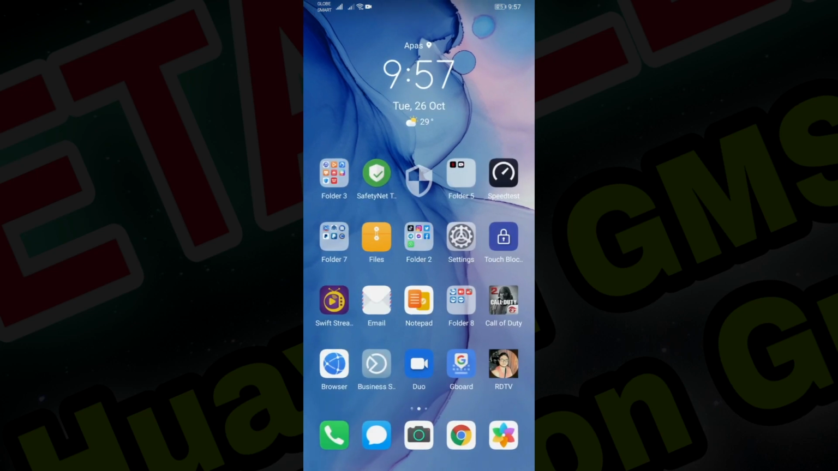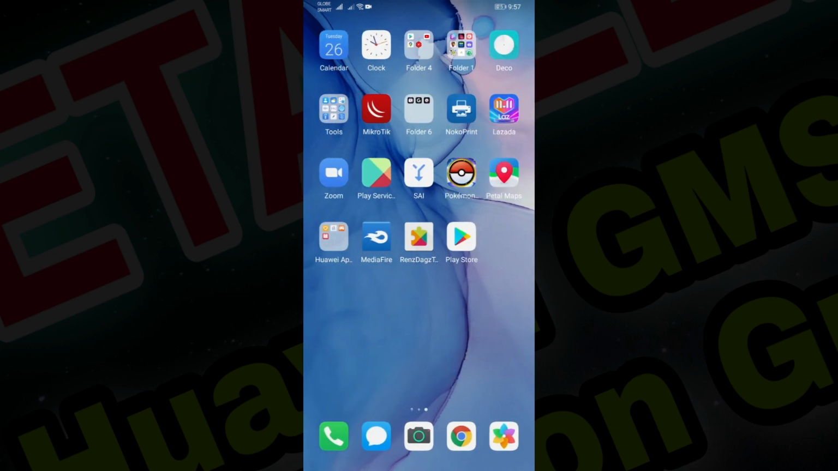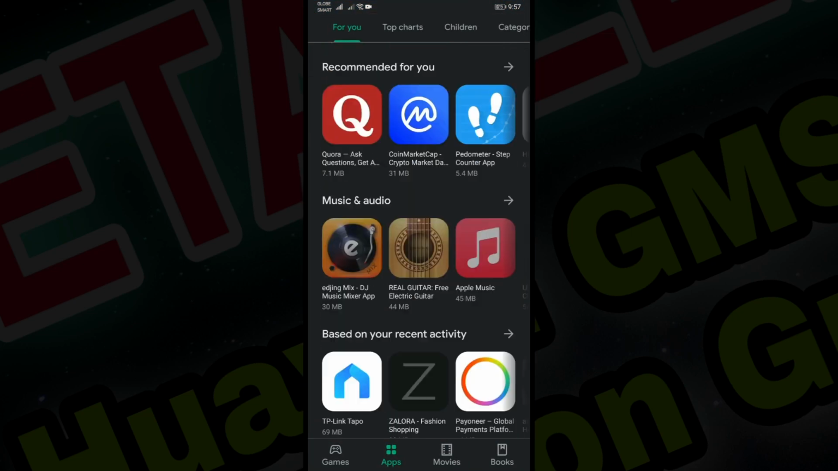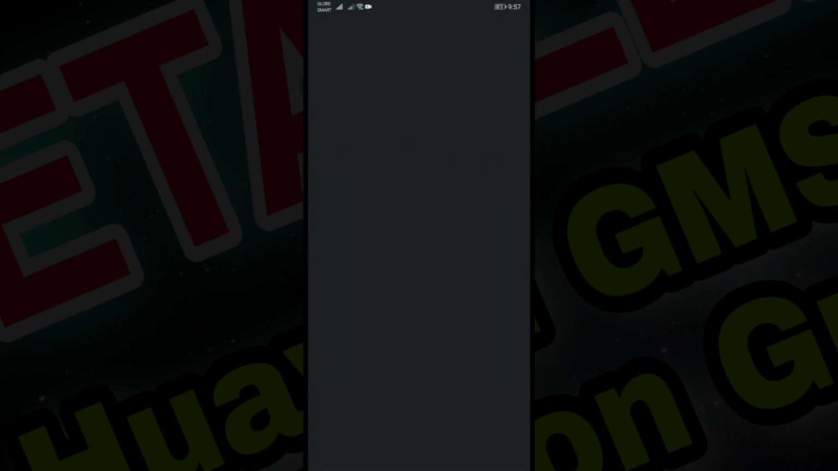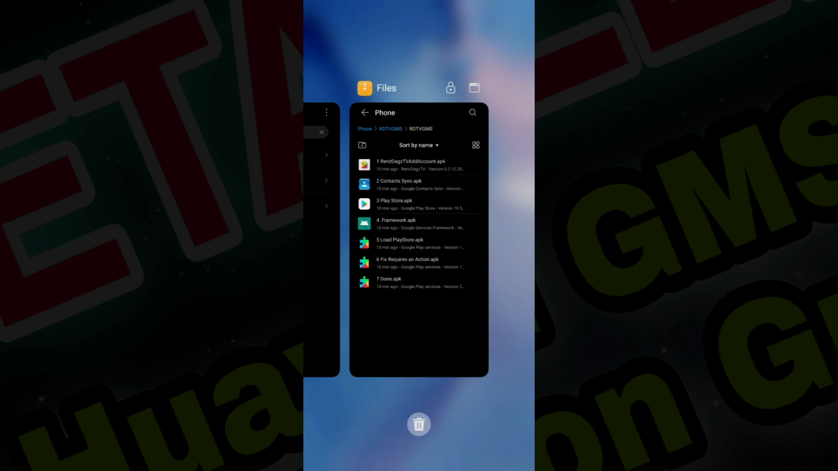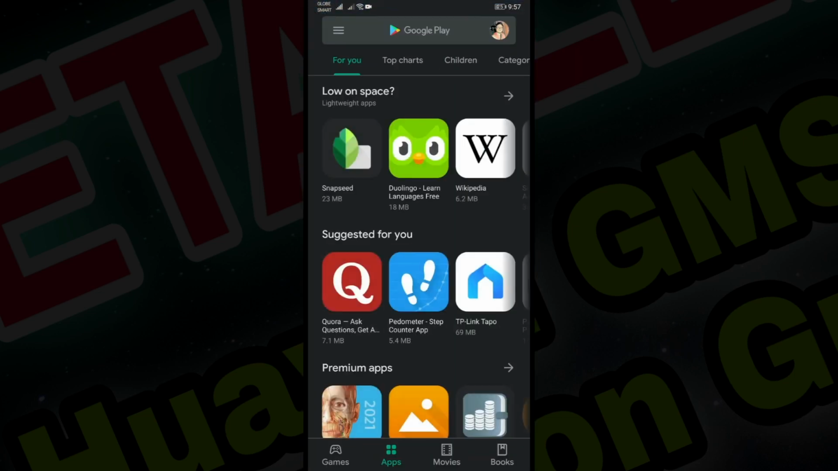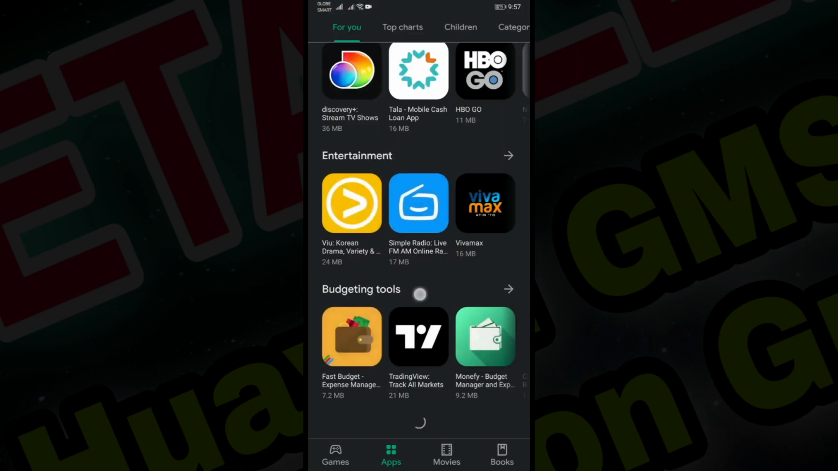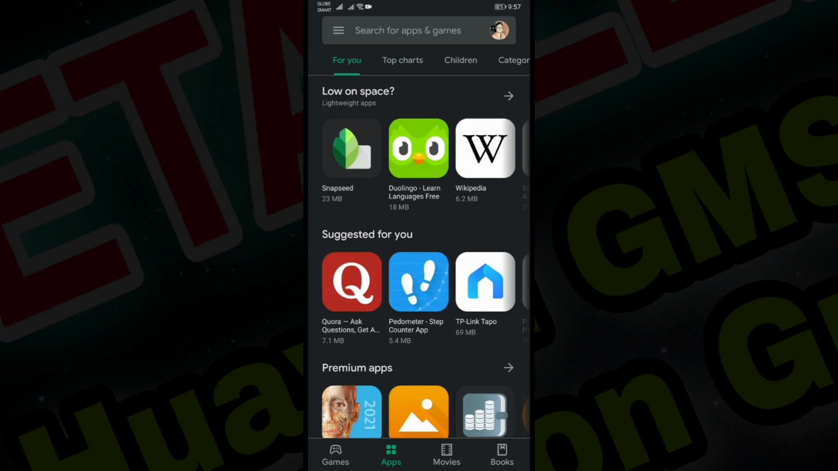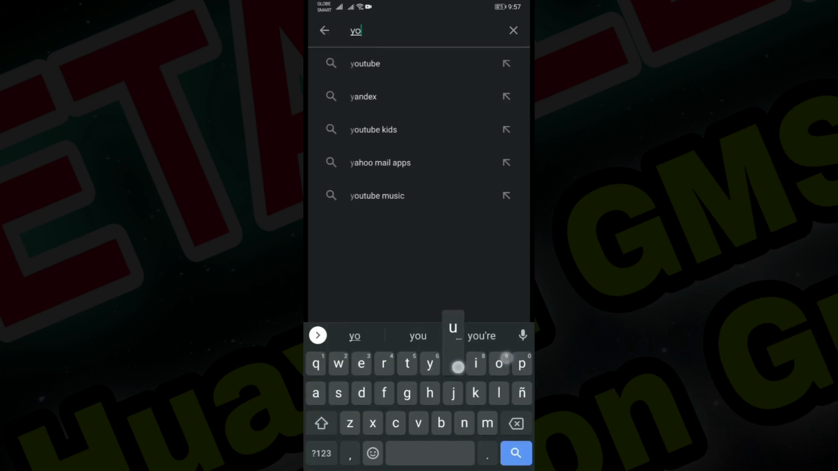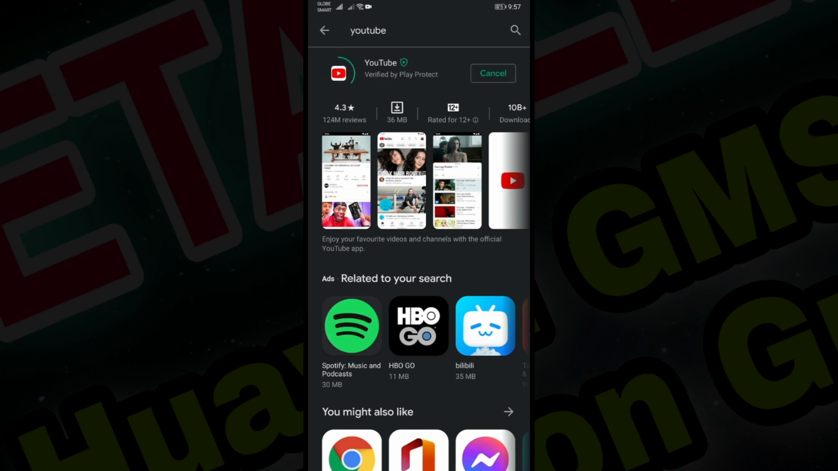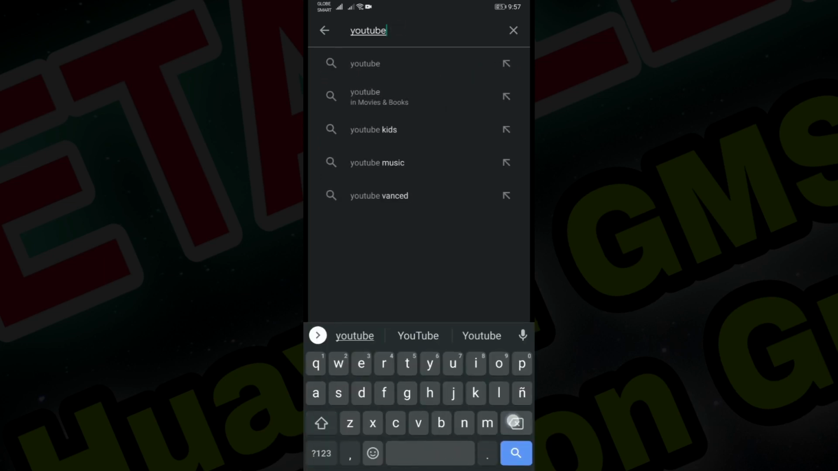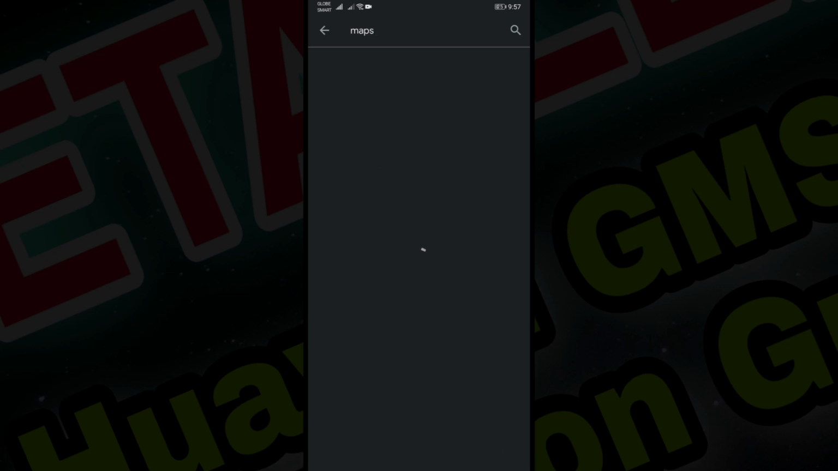Okay, so at this point, guys, we have done installing the last file, which should be the last step, and you can start to try closing or reopening Play Store to make sure no errors come up. And if that is the case, then everything should be good. Now we can start to install applications like YouTube, Maps,